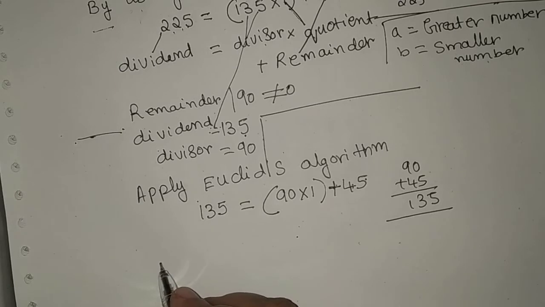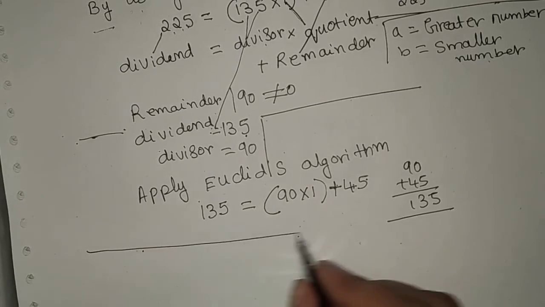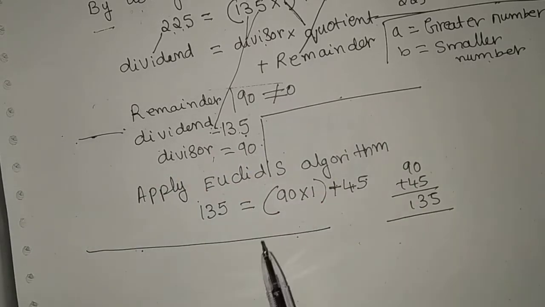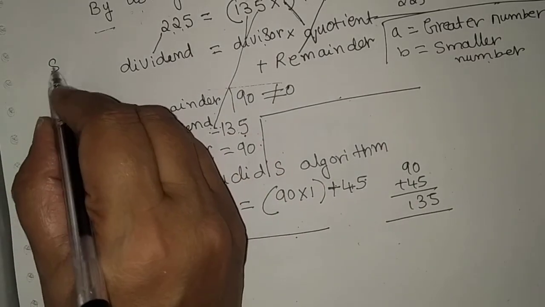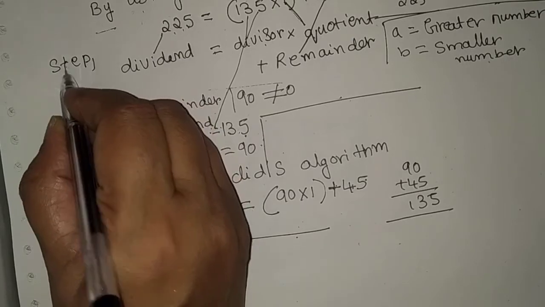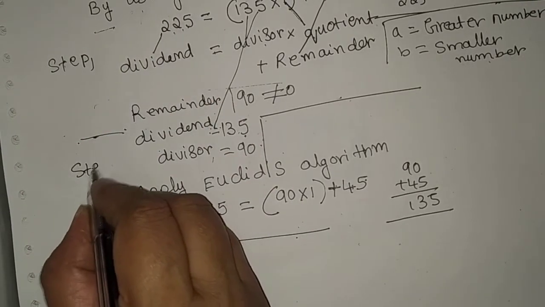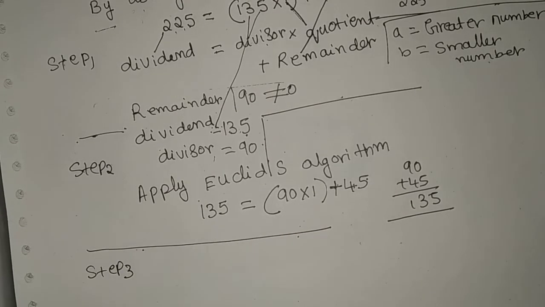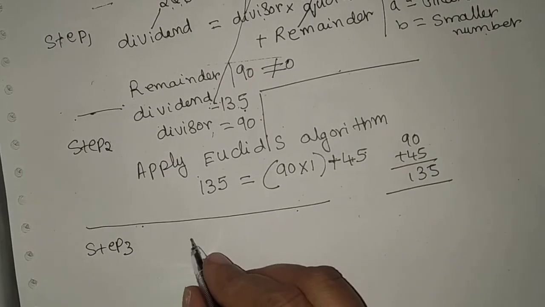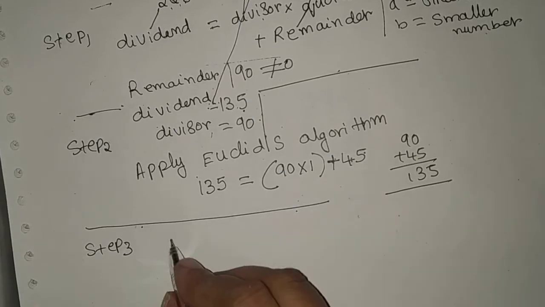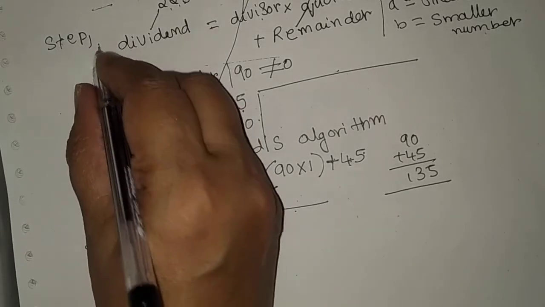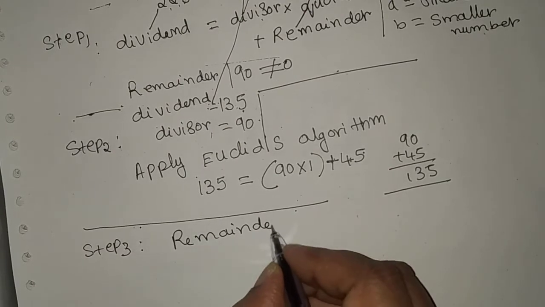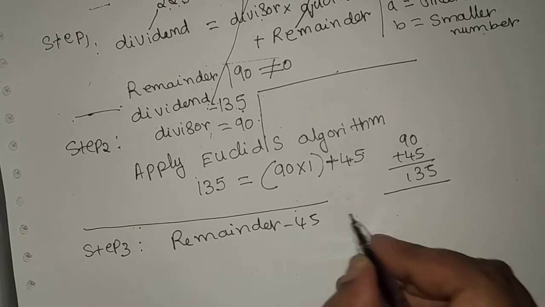So again, I will just write down this one step we finished here. Again this is another step. First we will write this one as step 1 once Euclid's algorithm applied. This one step 2. We will see this as step 3. Here in this case, the remainder is not equal to 0. What is remainder here? That is 45, which is not equal to